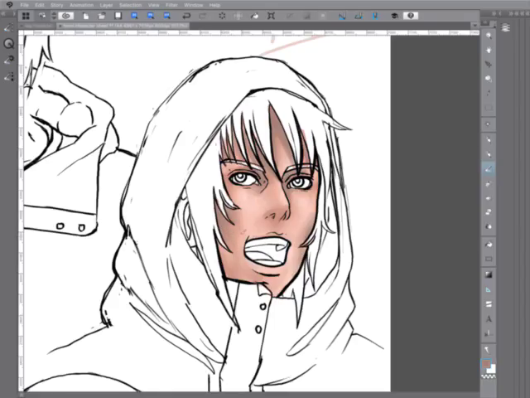But if anything, I find it's a nice break in between just sketching lines, taking a breather and putting in color instead. Just to switch it up so you don't get too bogged down.